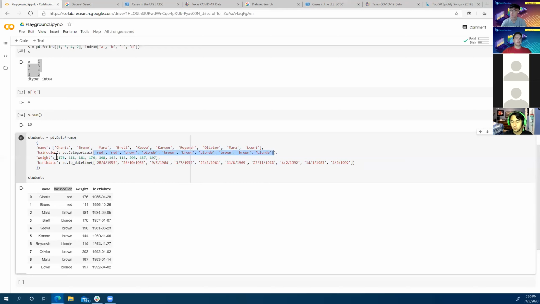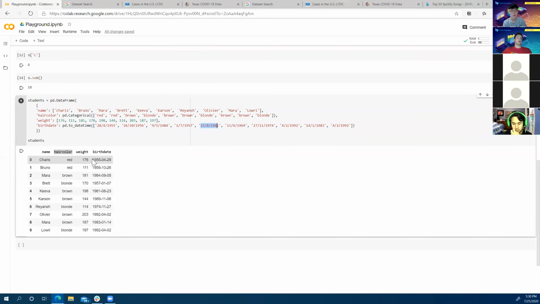That'll become more important, and we'll see how it factors into a function called groupby. We've got weight, and we have a bunch of dates. This was the format that the person wrote for dates, and we can see in the birth date column that those got converted into a slightly different format.